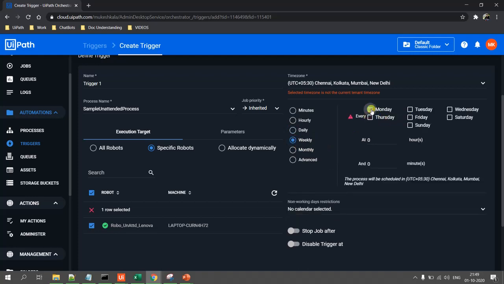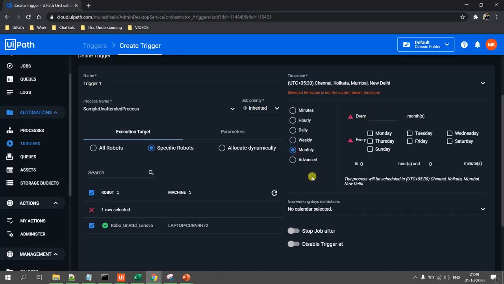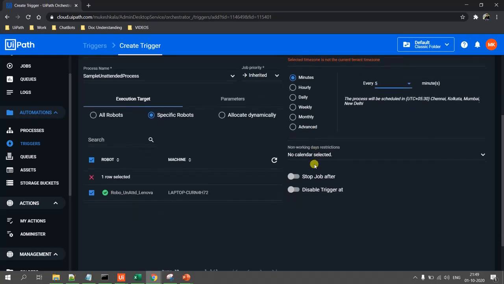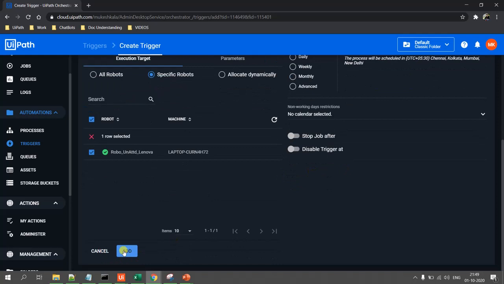This is what we mean by a timely manner. Monthly lets you execute it on which day of which month at which hours. And then we have something called advanced, which we'll cover later on. As of now, I'll select every 5 minutes, leave the rest at the default settings, and hit add.